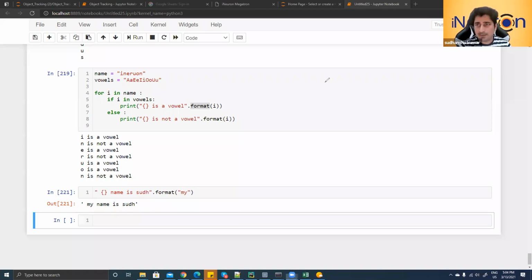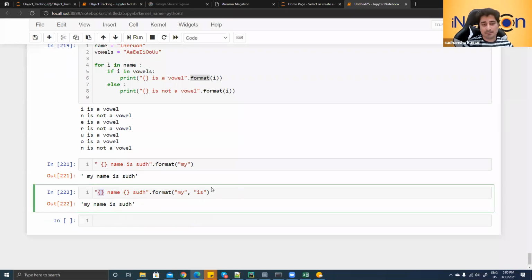I will show you a couple more examples of the format function. Let's suppose I create curly braces here, name is, and then again curly braces, SUDS. This time I have created two places, meaning two things have to be filled in. So I use format, and inside that I put one string after another. The first will be filled by my, in the same order, and the second will be filled by is. As you can see, this has been filled by the first argument,